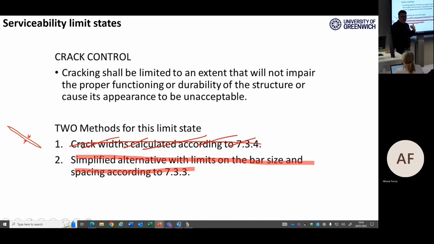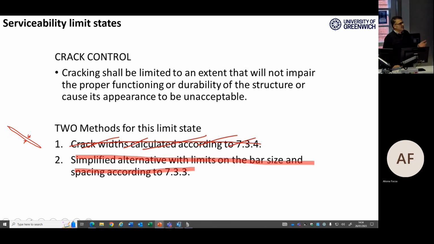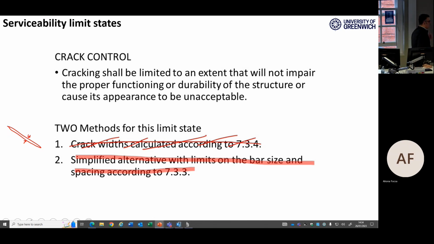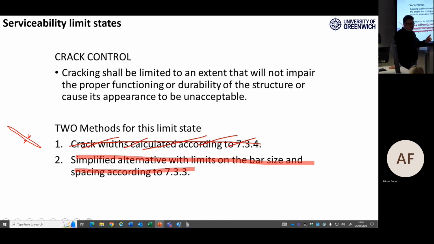And also if air goes in, okay, we don't have any water, for example, but still air is a problem because air has carbon monoxide and it is also very prone to corrosion. So any kind of air or water or humidity goes in the crack, reaches the reinforcements,